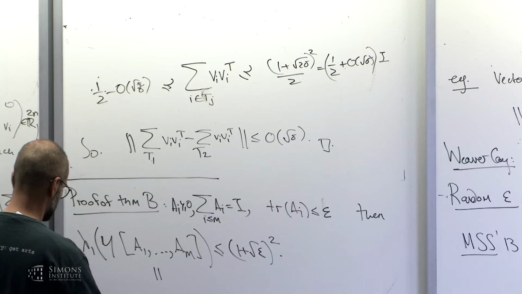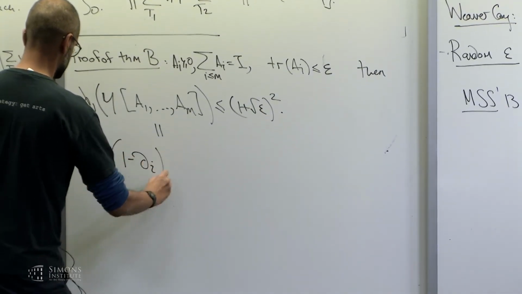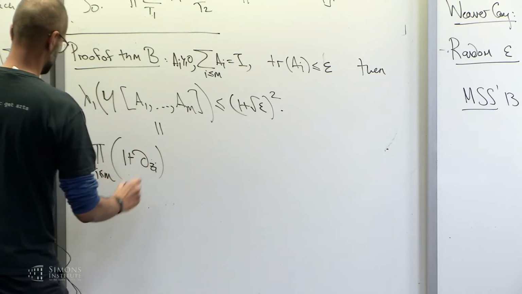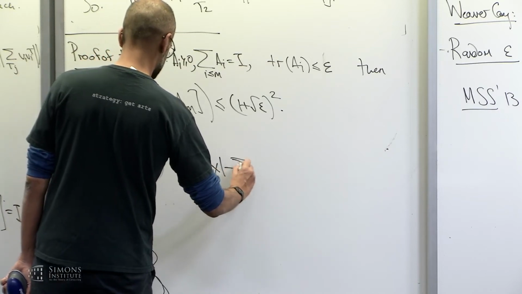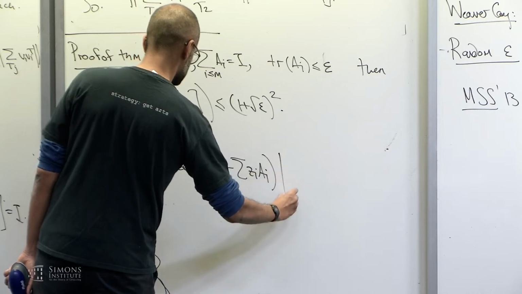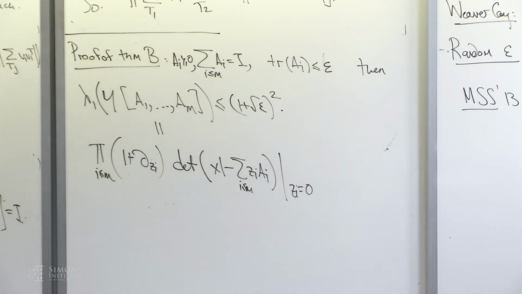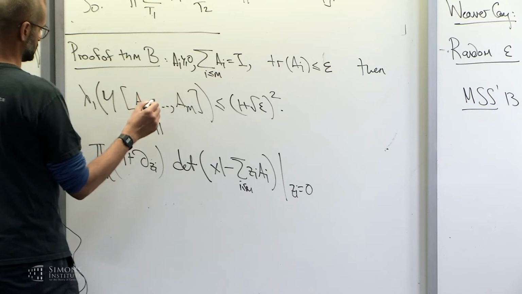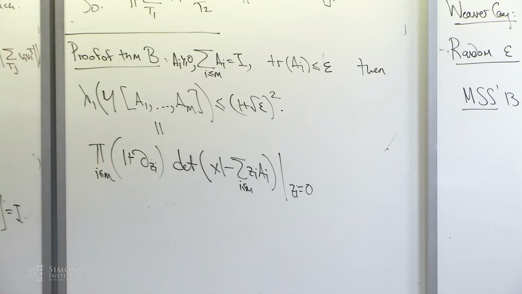It was 1 minus product of 1 plus partial zi determinant of xi minus sum of